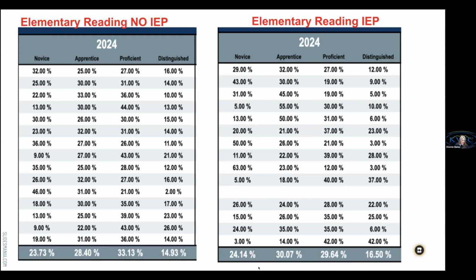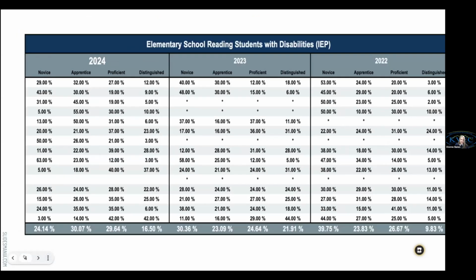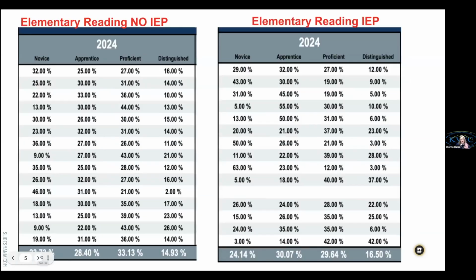One of the things I want to go back to this previous slide and share here is, if you look at 2023, you see those asterisks there. Well, those asterisks are when we have suppressed data, because we don't have an N size big enough to show that data for the IEP kids. So when we have that issue, then we have to drill down at the individual school or district level and pull our data as well. So sometimes we have to take one further step when we're doing this comparison for students with disabilities as compared to non-disabled students, especially if we're looking at those subgroups.